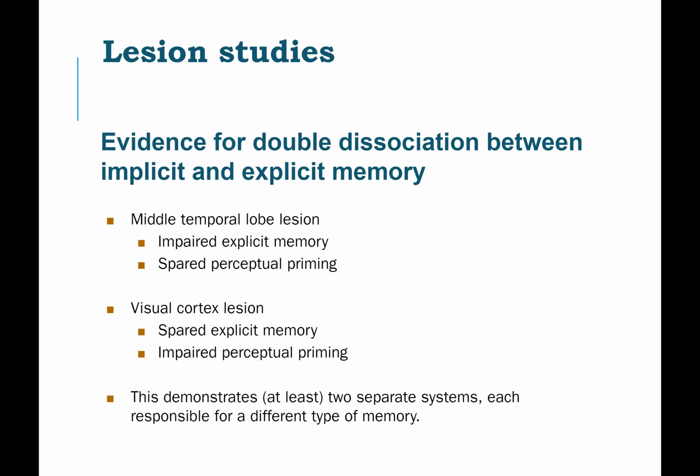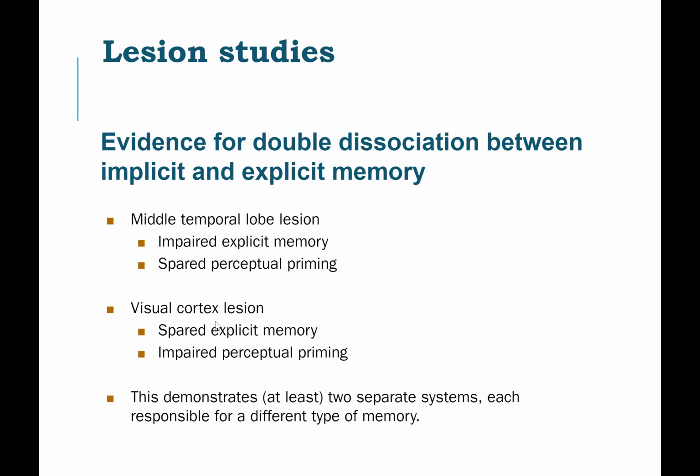Okay, so far, earlier on, I talked about the dissociation between short and long-term memory. Now, what is the evidence we see so far for dissociation between implicit and explicit memory? Well, when you damage the medial temporal lobe, you see impairment in explicit memory, in autobiographical memory. But you don't see damage in perceptual learning. A patient like HM can do a task and get better at it just by repeated motor movement.